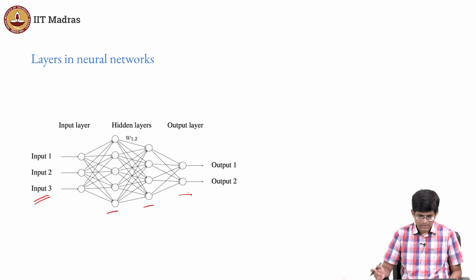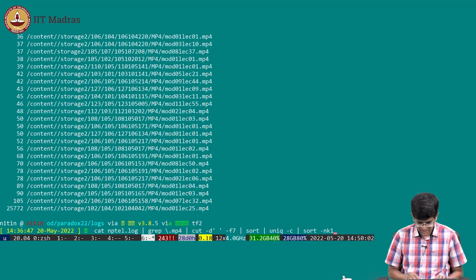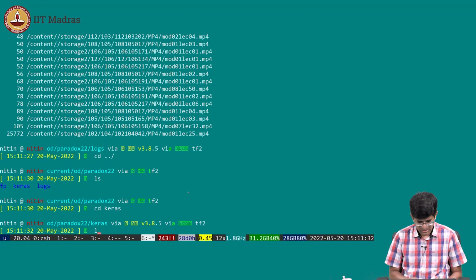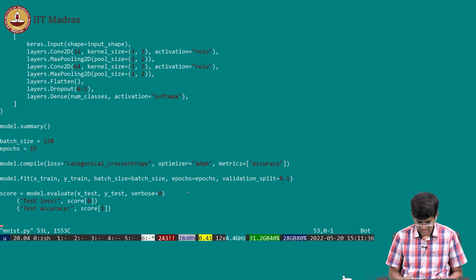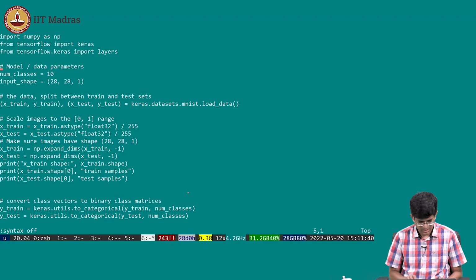As an example of that, we can go back and look once more at some Python code that I have taken directly from the website of the Keras API.